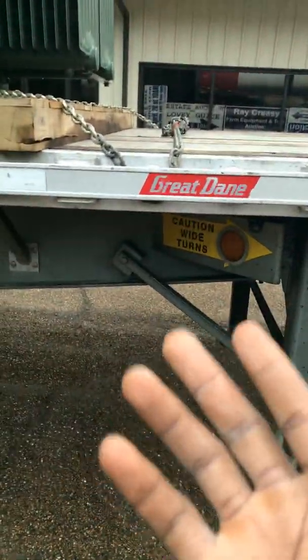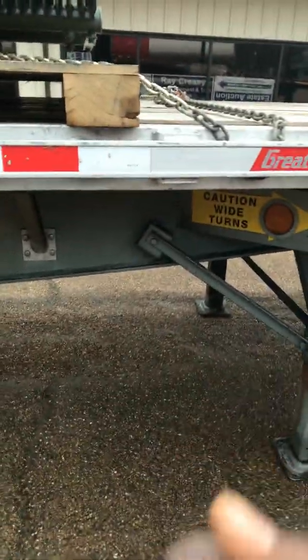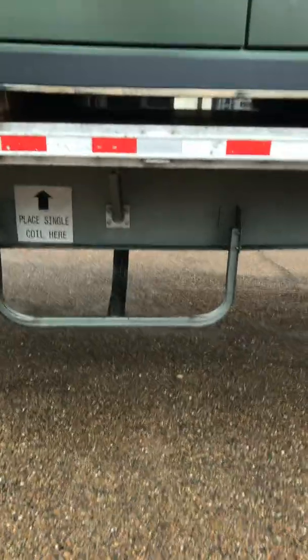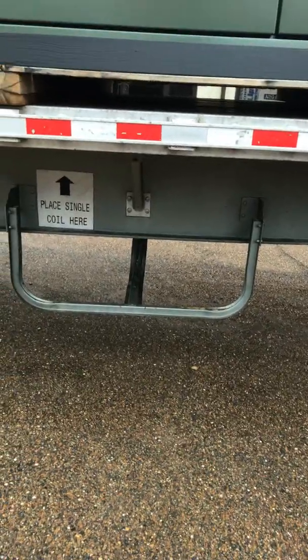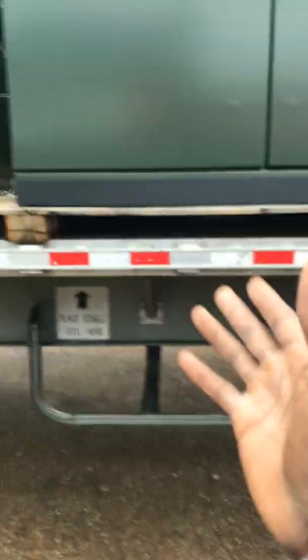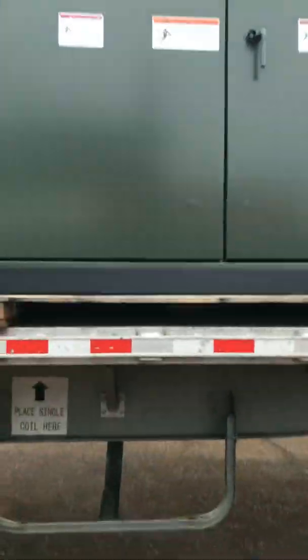The only thing about getting it real secure with the center binder is that you look for the strongest hole you can get out of that chain when hooking it up. That's what I did. As for positioning, it's not that much weight for just one, but with others, like the other video I saw, the guy had three different weights. This being my only one and the biggest one,